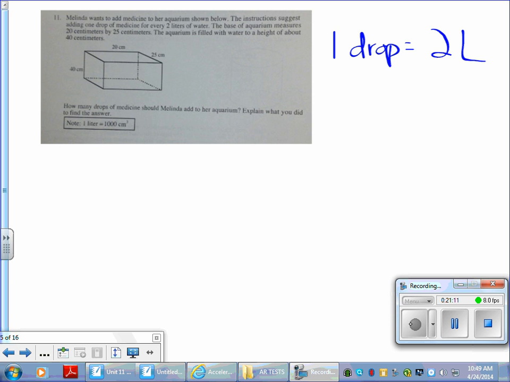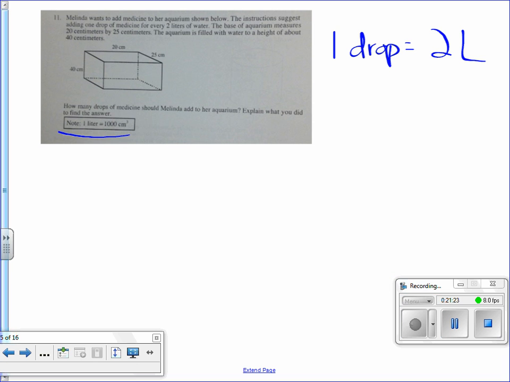The base of the aquarium measures 20 centimeters by 25 centimeters. The aquarium is filled with water to a height of about 40 centimeters. So I have to find out how many drops of medicine should Melinda add to her aquarium. This is important. 1 liter